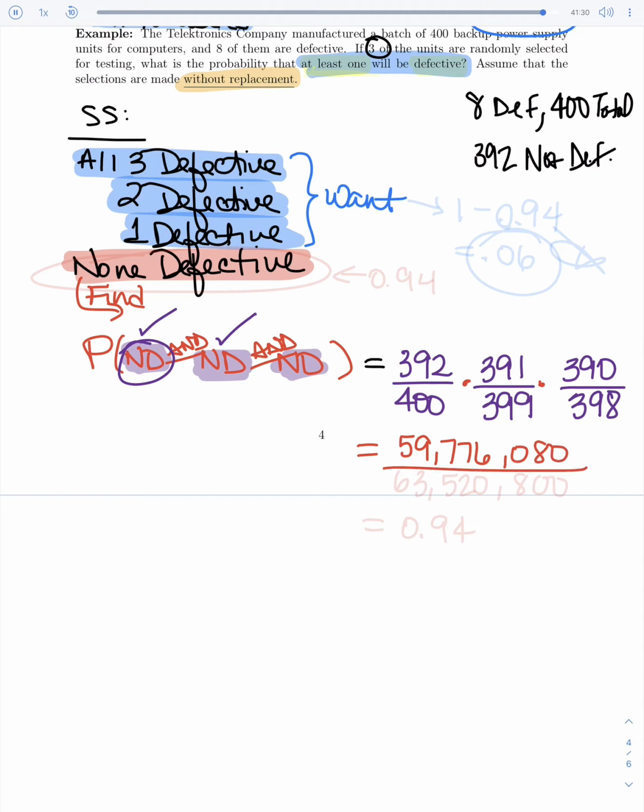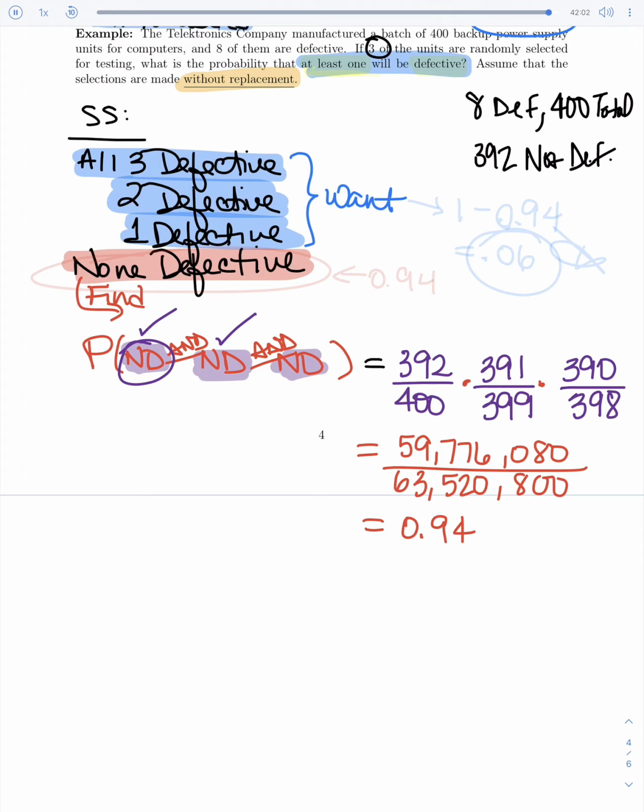And on the bottom you'd have the 400 times the 399 times the 398, which would be 63,520,800. And let's do our division to find out what that is exactly as a probability. So 59,776,080 divided by my 63,520,800, which gives me